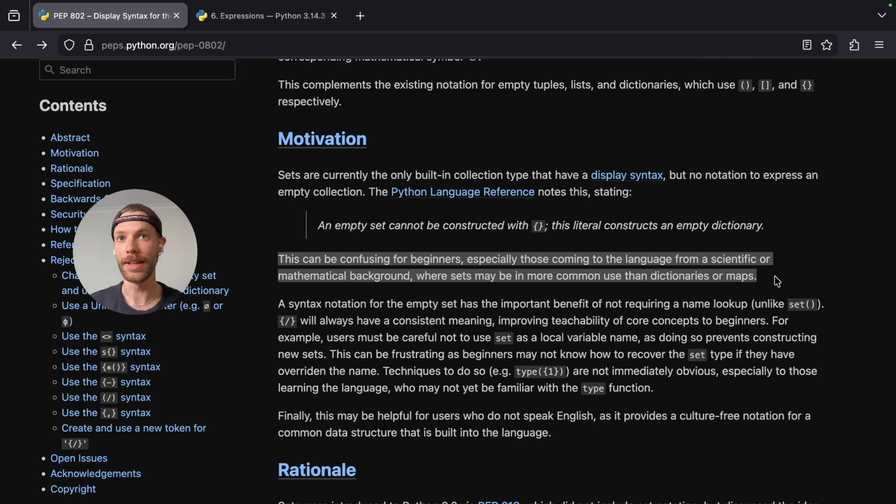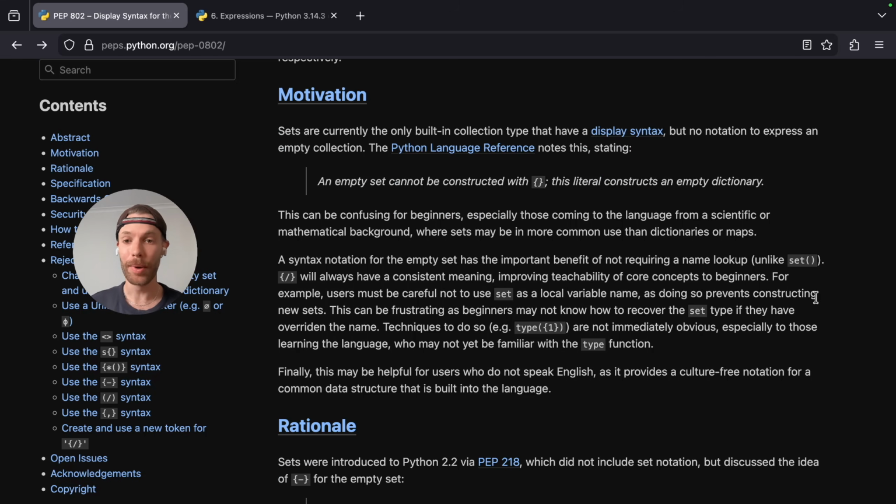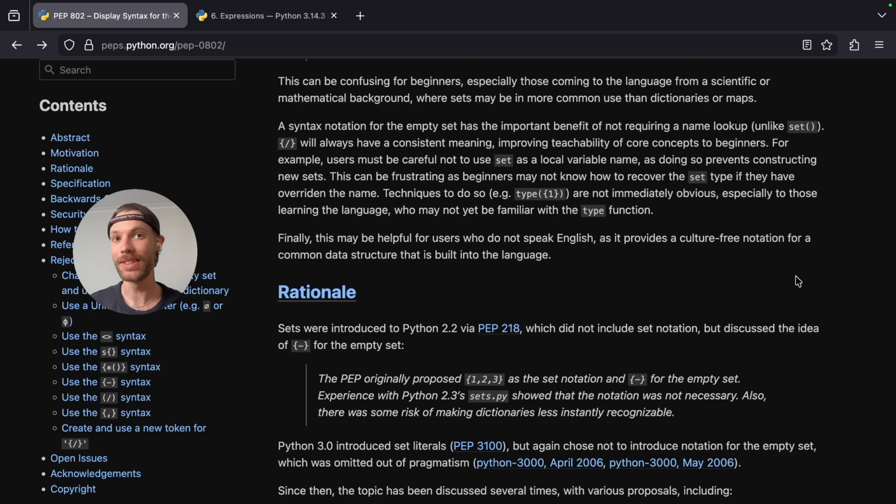Now here it states that this can be confusing for beginners, especially those coming to the language from a scientific or mathematical background, where sets may be in more common use than dictionaries or maps. Personally, I don't think it's that big of a deal. You learn it immediately. It's one of the first things you learn in Python. You notice immediately that a dictionary is printed as a pair of empty curly brackets, and that a set uses the actual set word. So this entire PEP is a bit trivial in my opinion,